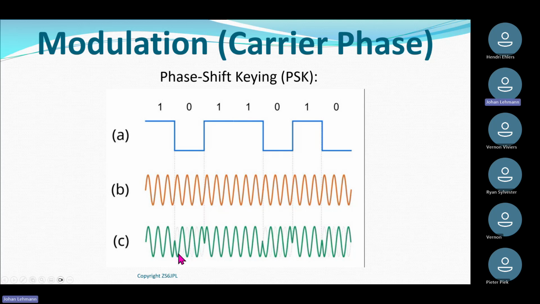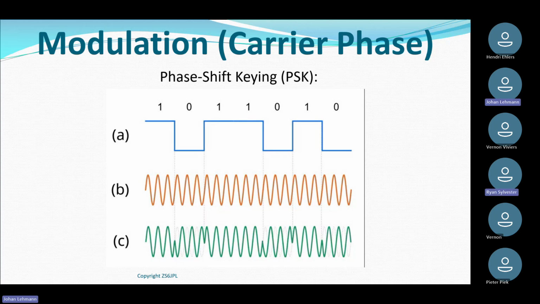Okay. It delays it and moves it. Then I go back to 1 again and it moves it again 180 degrees. And this is what happens every time there's a change from a logic level 1 to a logic level 0. My carrier frequency jumps in phase. Now, the one that you see here, they typically call it two-phase PSK or 180 degrees PSK. You also get four-phase PSK, which is 90 degrees, and eight-phase PSK, which is 45 degrees.